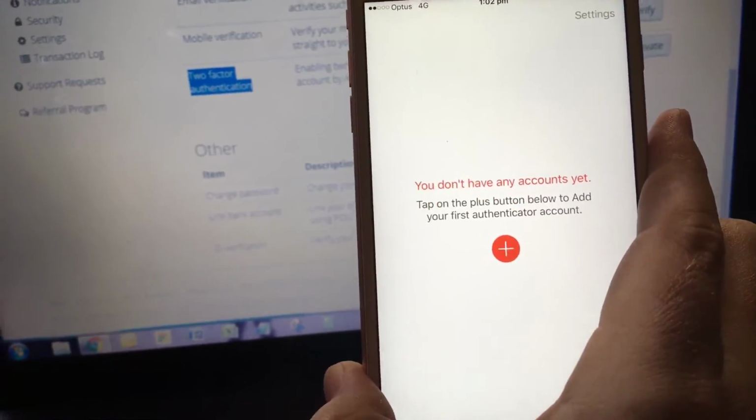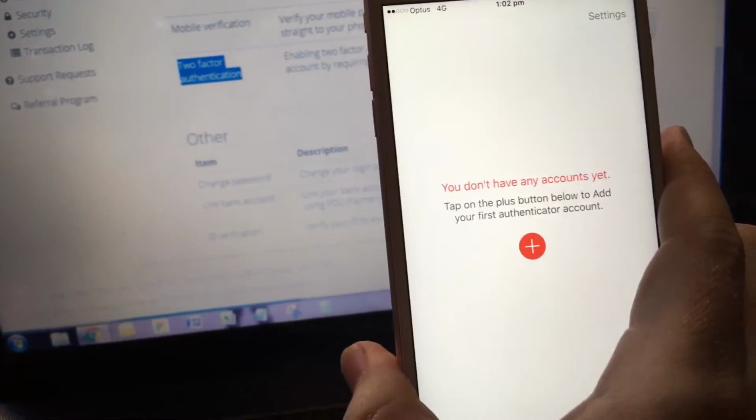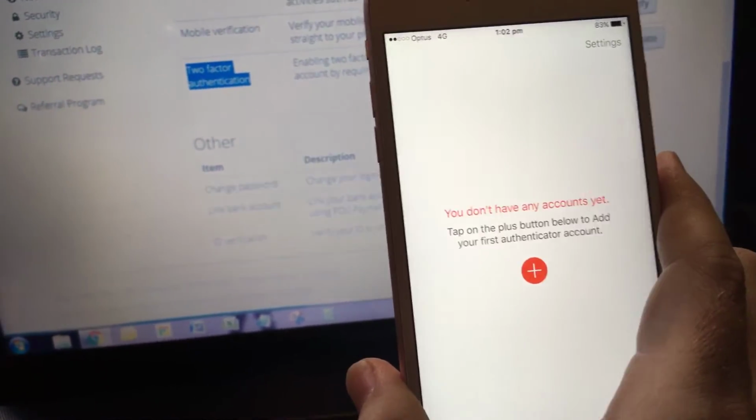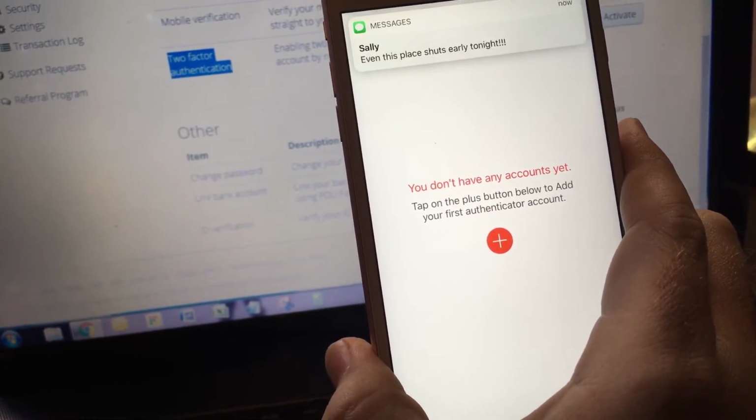But all you're going to do is download that app, and then every time that you join, it can be anything. Anytime that you join an exchange, anytime that you join,